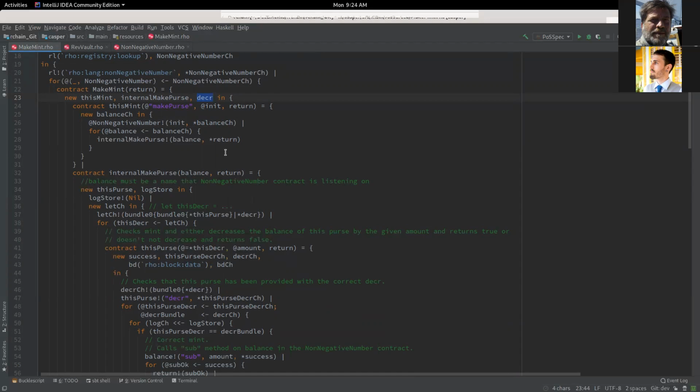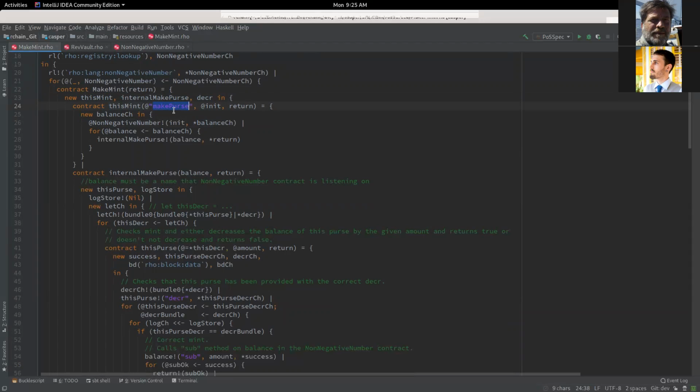Yeah, because we can just start going through this internal make purse thing. So the internal make purse contract, that's the second name that we got here. The first name was basically just to give us the ability to make purses.